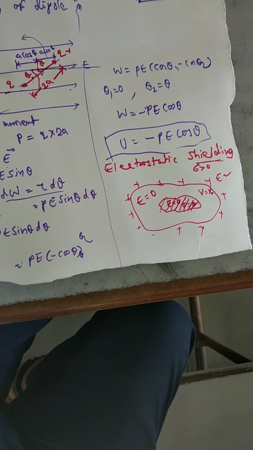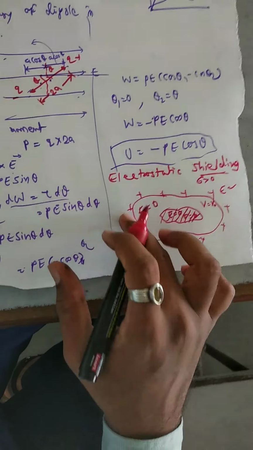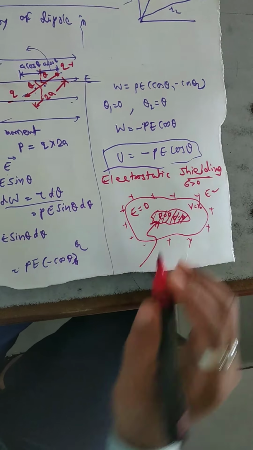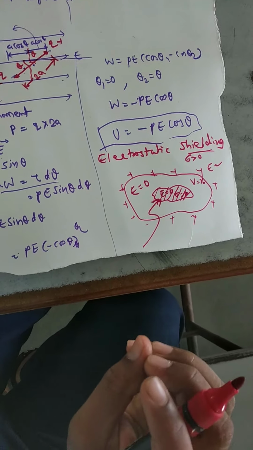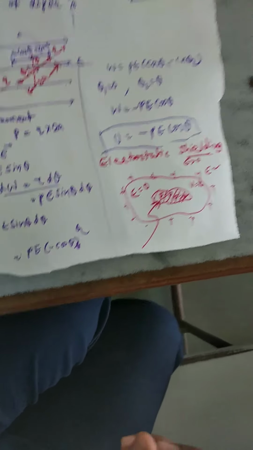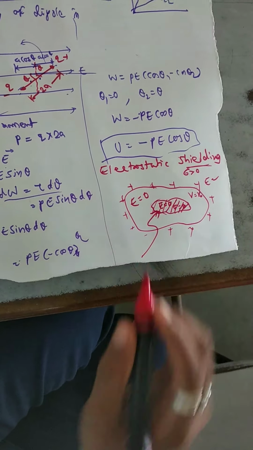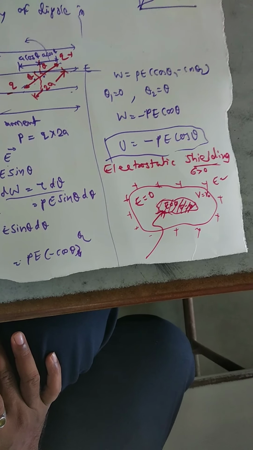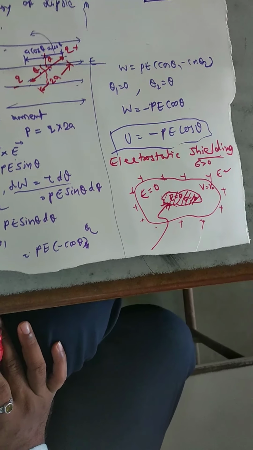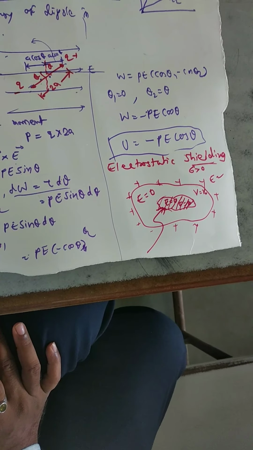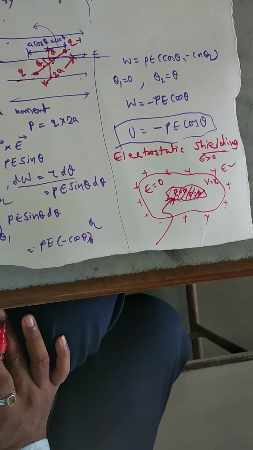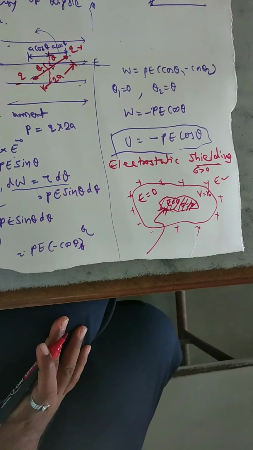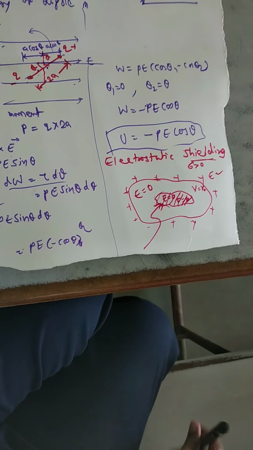It means though we are applying a very high voltage to this conductor or outside this conductor, we can still cover this area of cavity without the effect of electric field. And this concept is utilized for protecting sensitive instruments from outside electrical influences. Okay, so this is a theoretical portion, but you can understand this concept.